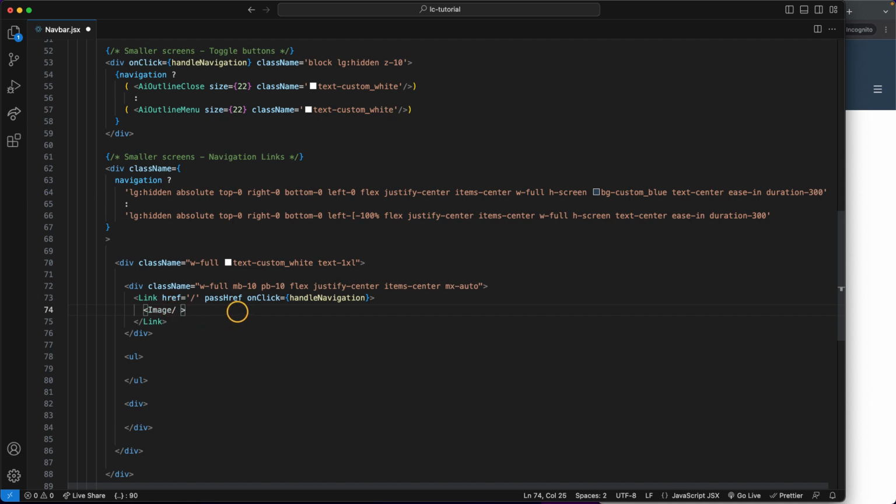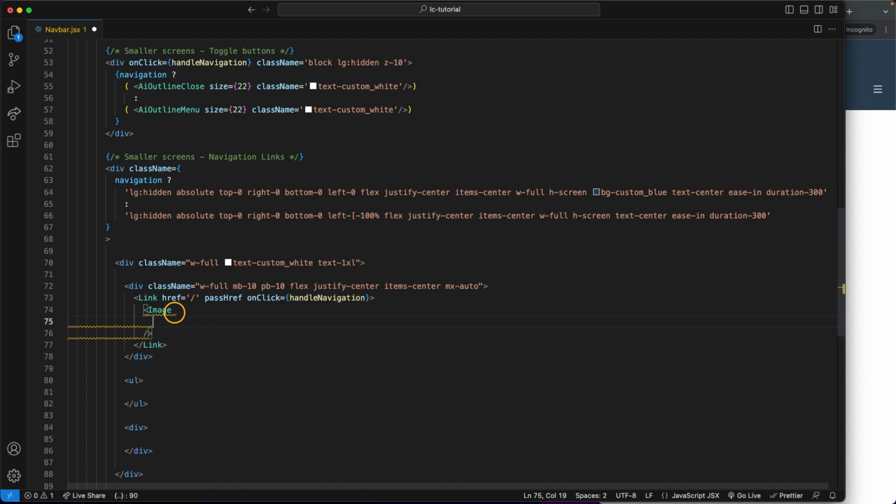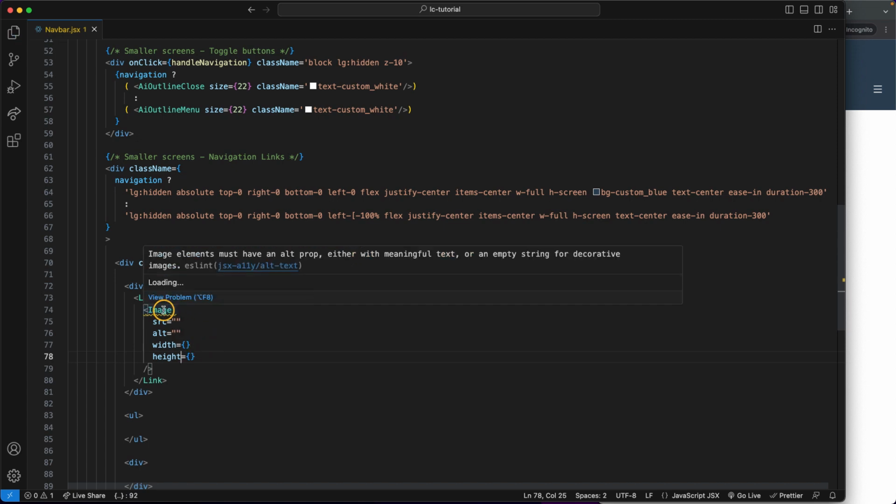And the image component, as you know, needs a source, needs alt, needs width, needs height. You need these four things. This is like the bare minimum when you are using an image from